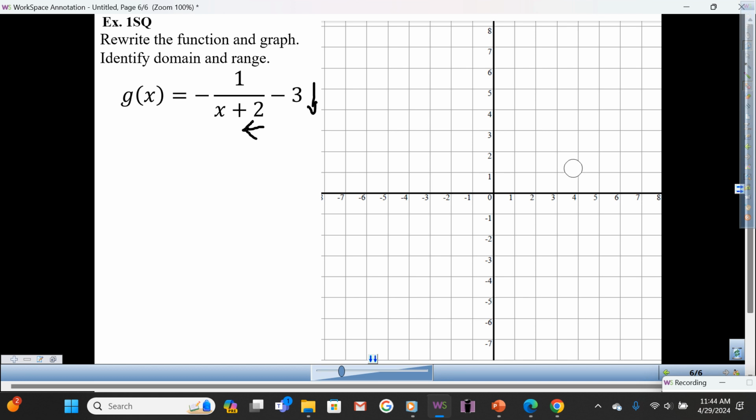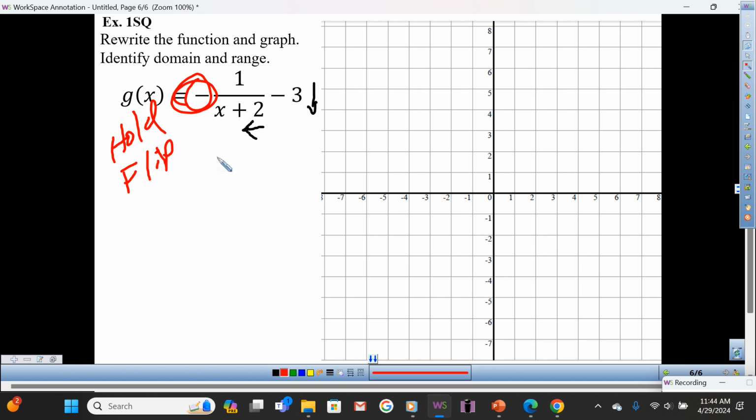Tell your neighbor what does it have that we need to do at the end? Rylan, what do we do at the end? That is correct. Remember this. You write hold, and then at the end you what? Flip all the points according to the asymptote. Okay? So, with that said,